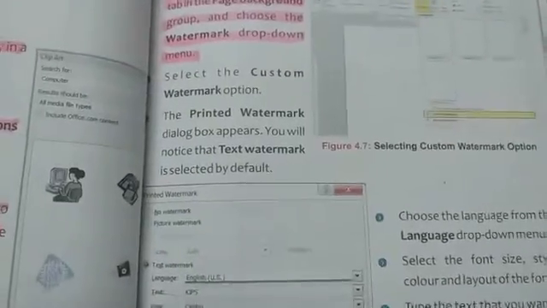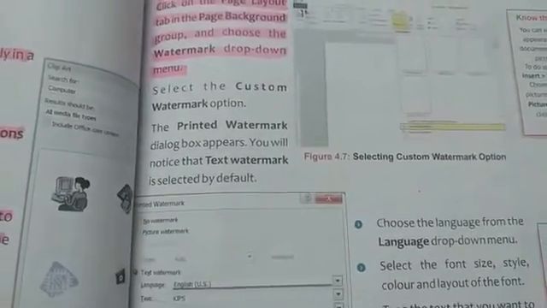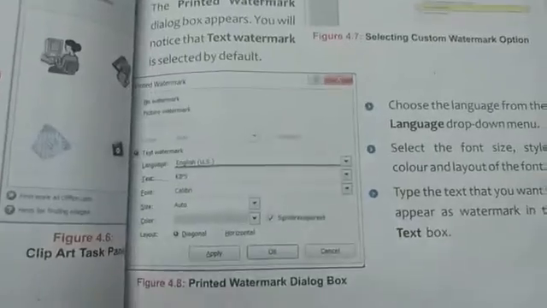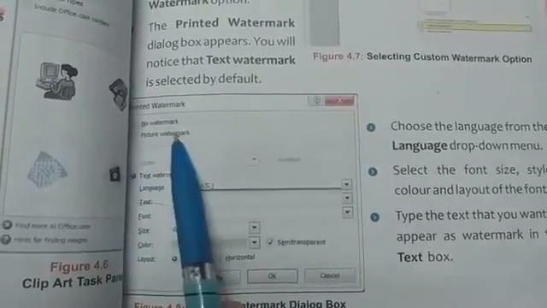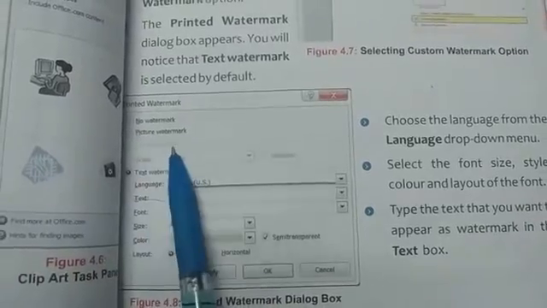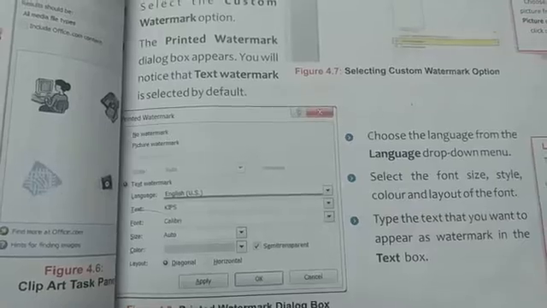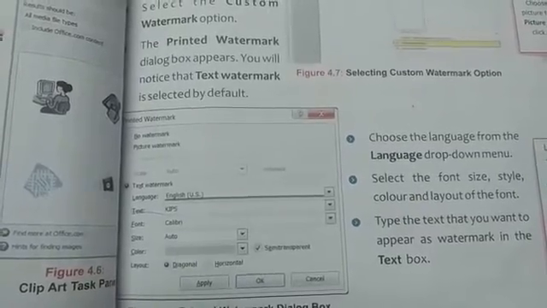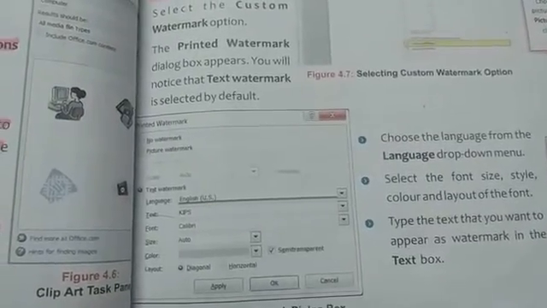So if we want to insert a picture as a watermark, the first step is you have to click on this Picture Watermark, and after that you will click on this Select Picture. When you click on this Select Picture, all pictures that are stored on your computer will display, and you can choose any picture according to your requirement.